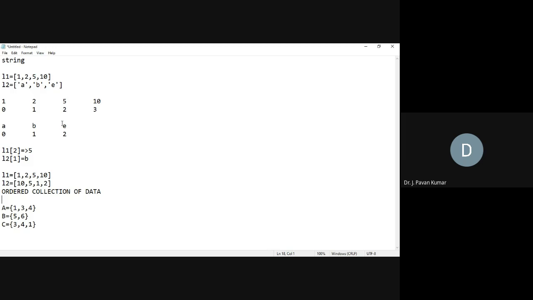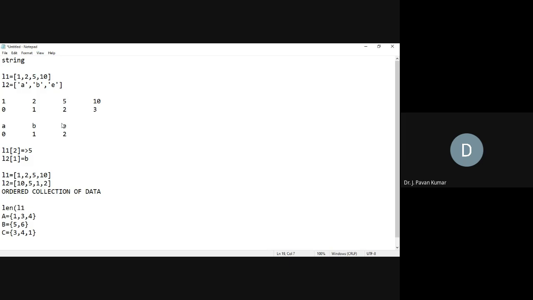Yes, sir. As we have discussed, we will be having indexes for a list also, so we can access from 0 onwards up to n minus 1. As we have seen with strings, we can calculate the length of the list by using the length function.